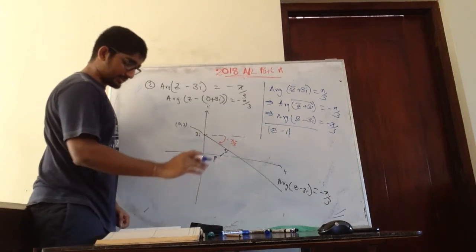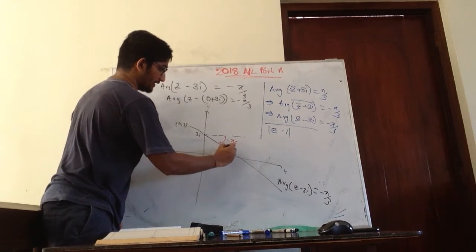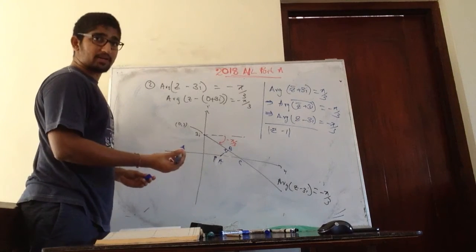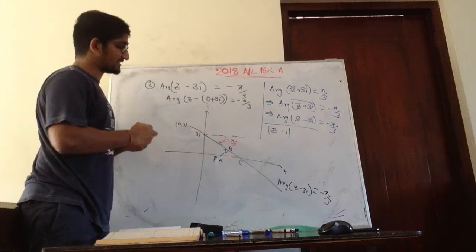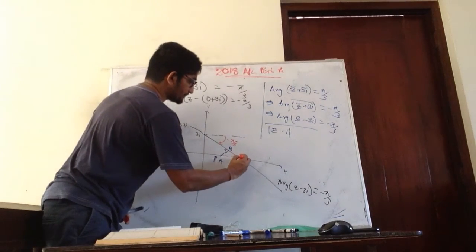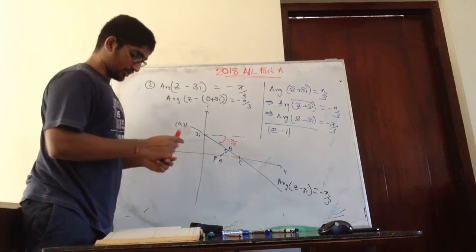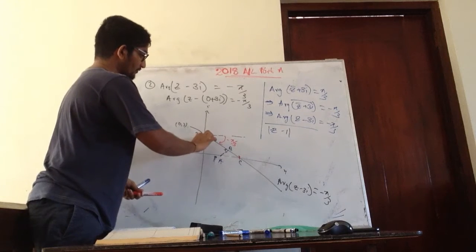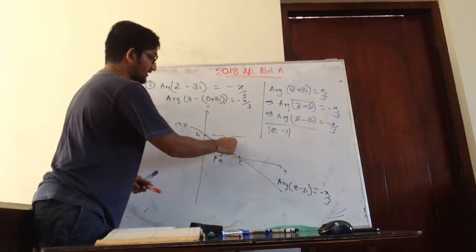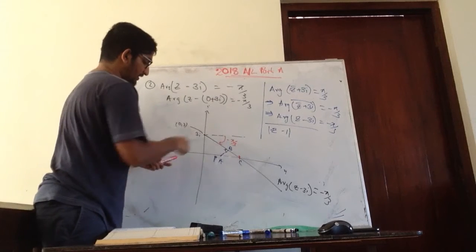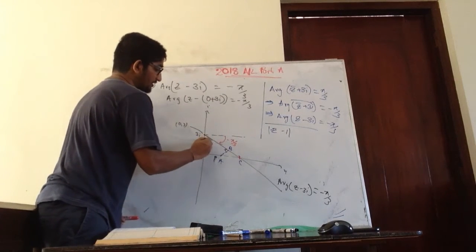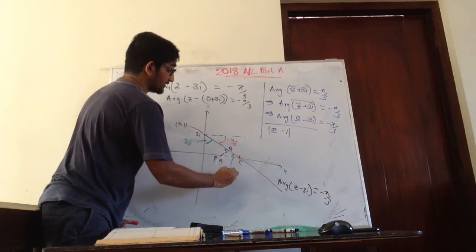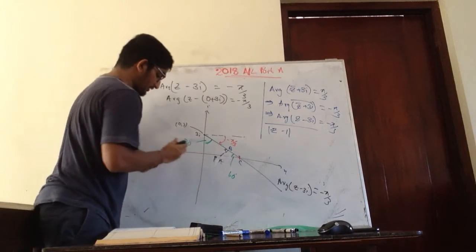So I am going to name this as A, B, C. Right? So now they are asking the minimum value. So now we need to use some geometry and see. So now we know that we can get this is 5 over 3. So that means this part will be what? This part is going to be 60, so this part will be 30. This part will be 60. Right, so you can get this OC value.